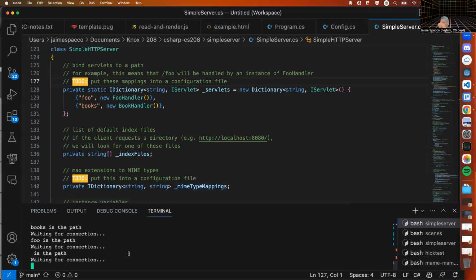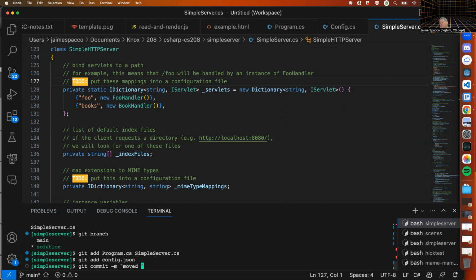Okay. So for this, I'll stop this and do git diff. I have diff n, so it'll tell me which files have been changed with git. Then I'm going to make sure I'm on the right branch. I am. Git add program and simple server, git commit -m. Oh, and git add config.json. I think that's already been added. Git commit -m, and I'm going to say